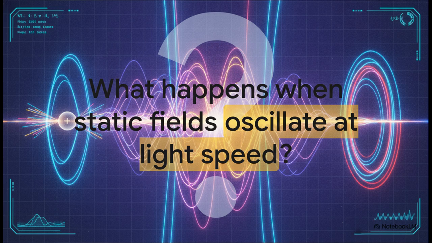Well, a changing electric field actually induces a magnetic field, which in turn induces an electric field, and they continuously create each other, rippling outward through the vacuum at 299,792,458 meters per second. Those exact same rules we just learned today eventually give birth to electromagnetic waves. They give birth to visible light itself. But that is a